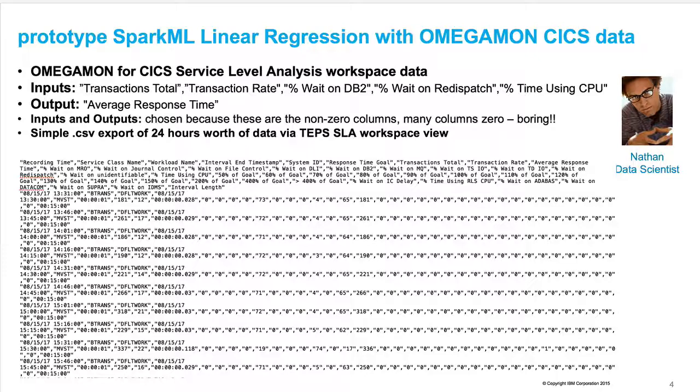What I show on the bottom of the slide is the raw data coming from the TEPS when I do a save of 24 hours worth of data to a CSV file. And I looked across this data and saw a bunch of zeros that are really boring. So I focused on the non-zero columns, if you will, and that's how I chose the four input KPIs and